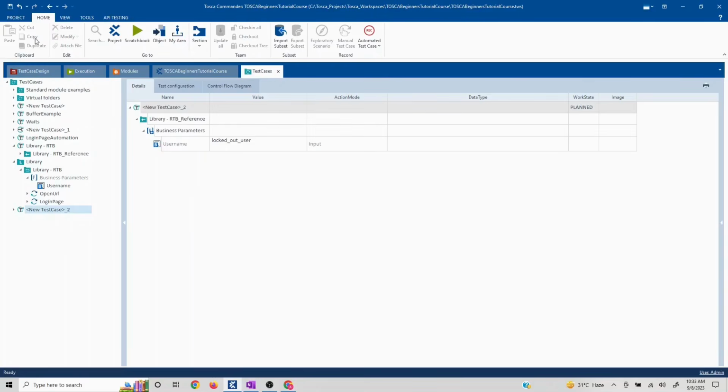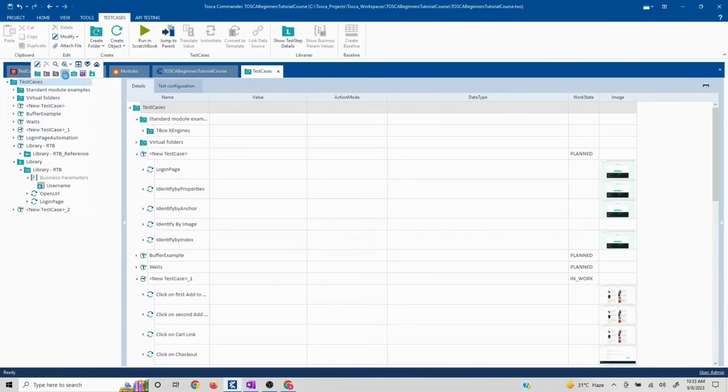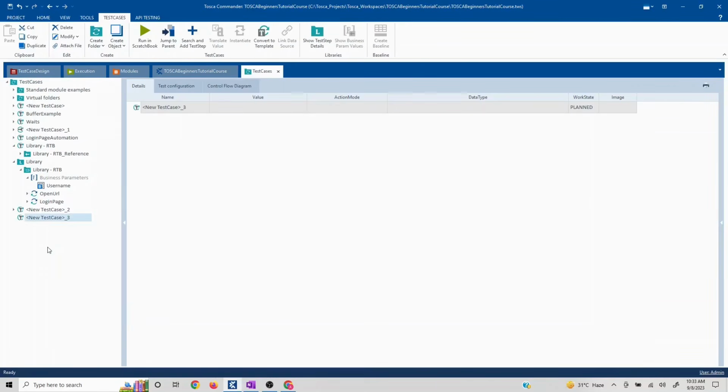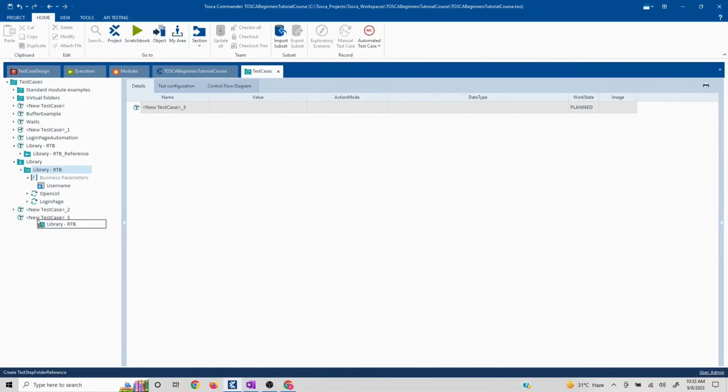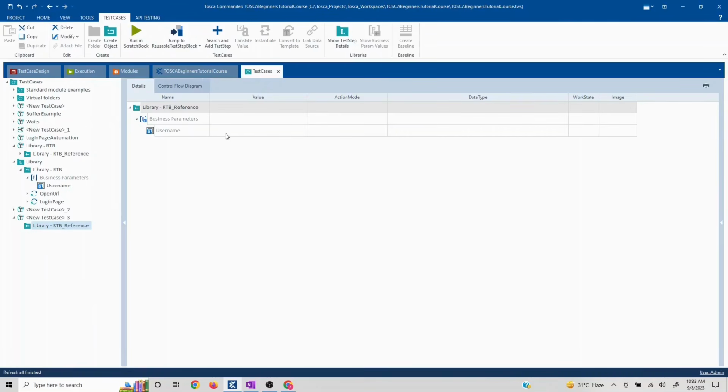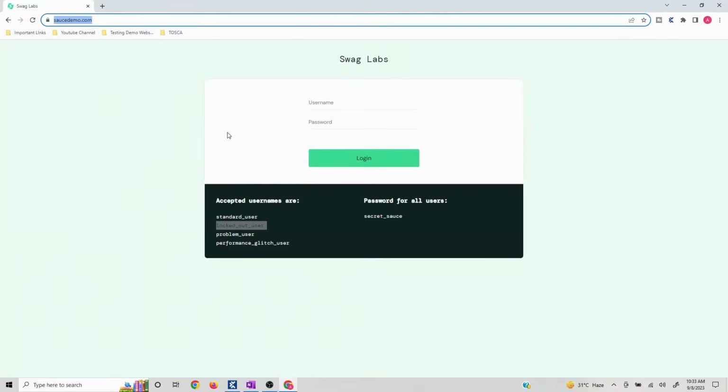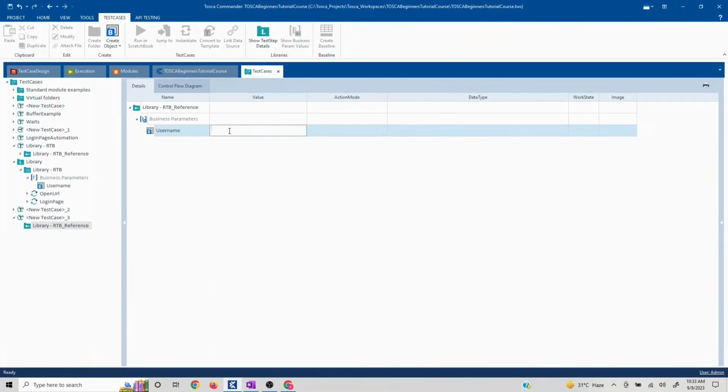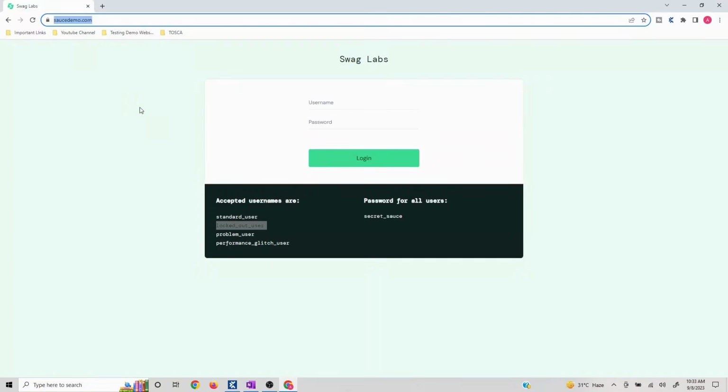Now I can create a new test case just for a better understanding, but you can use the existing test case as well. Okay, so you can create any test case, you can drag and drop the library what you need, and in this case we'll pass just the business parameter. So let's say I pass standard underscore user. Okay, now if I run this, it should be entering